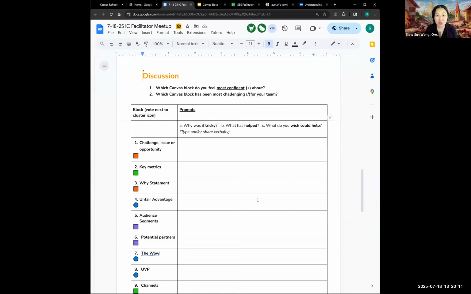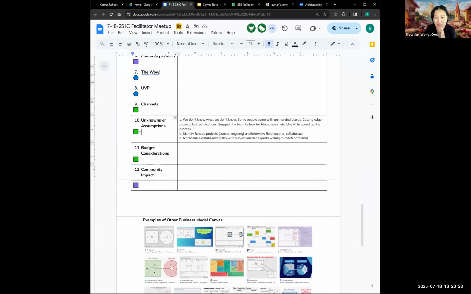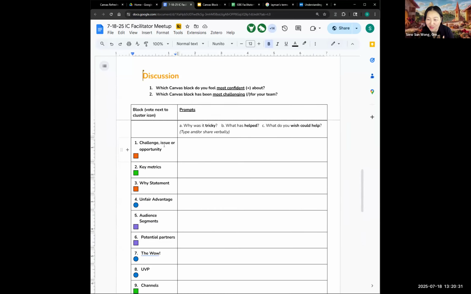I would like to invite you to add a plus sign after the color cluster icon. So for example, number 10, this is where I've placed my plus sign because that one I view, oh, I think I did it wrong. It's actually most challenging, most confident.